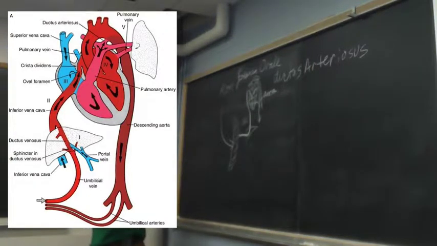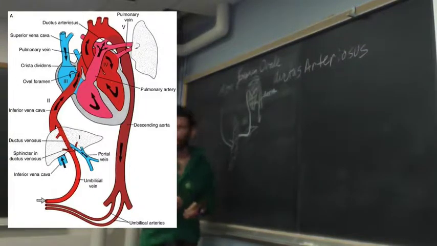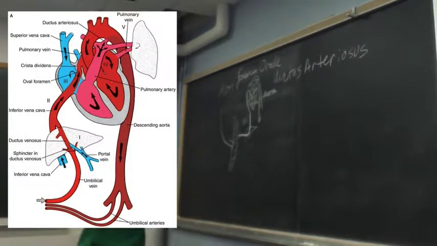Okay, so 9 months have passed, and it's baby's birthday. Labor happens. Baby comes out of the birth canal and comes out into the broad light of day and suddenly takes its first breath. When this happens, you can imagine the blood pressure in a fetus